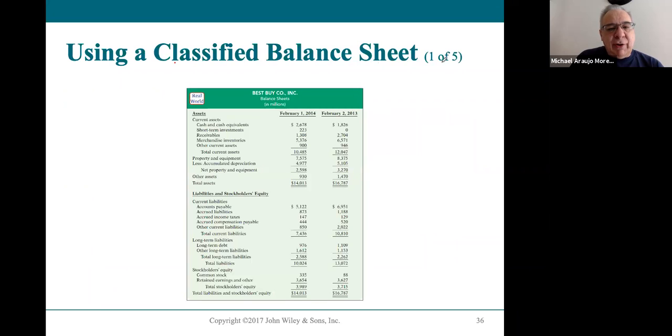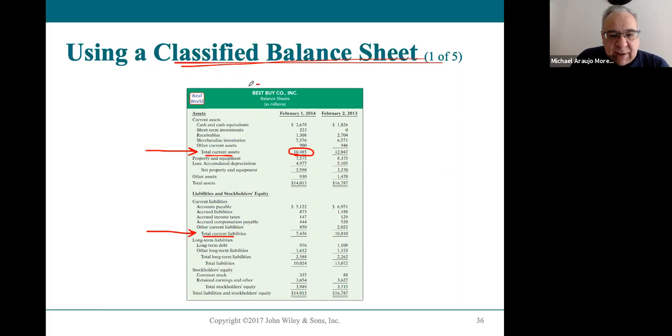The classified balance sheet is where we look to find liquidity related issues and solvency, because we look at its ability to pay its current bills. So that means we're going to be looking at its current assets to pay its current bills, current liabilities. So we're going to be looking at these two figures